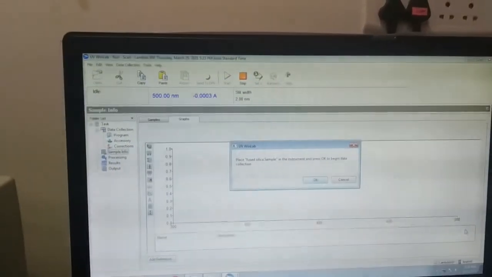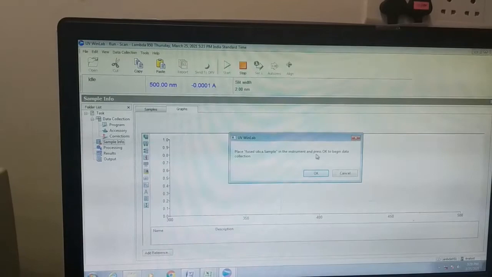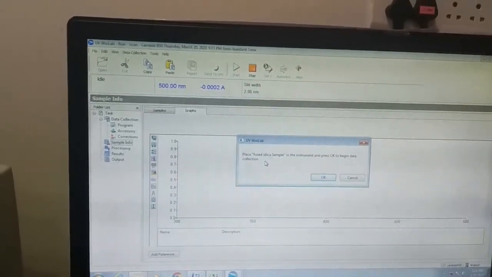Now the software is showing the instruction like this: place fused silica sample in the instrument and press OK to begin the data collection.